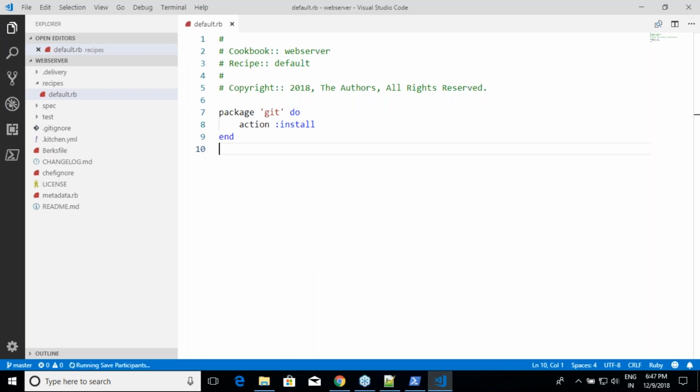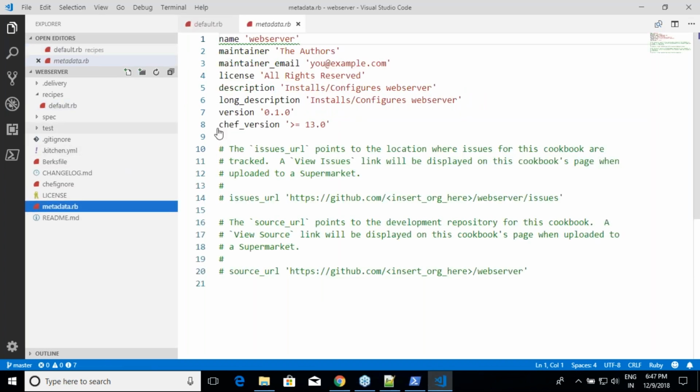That's it. This is what I have. I'm installing package git, and I'm changing my version to 1.0. Yes, and then just write it.